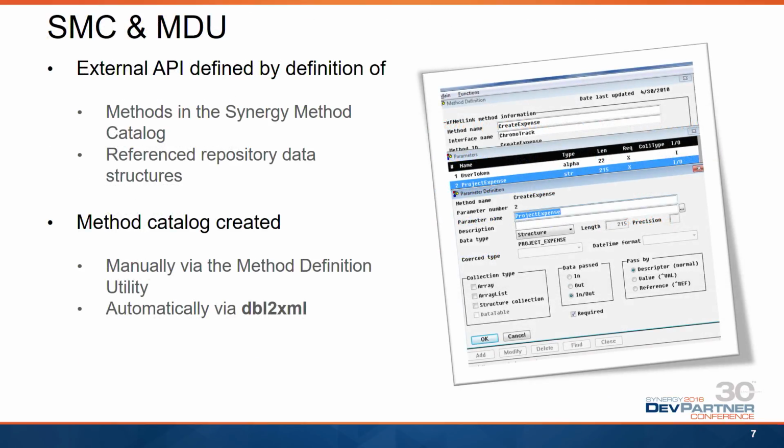xfServerPlus also used this thing called the Synergy method catalog that was maintained by a utility called the method definition utility, and that was basically just a collection of metadata that defined to the tools in the environment what is available. So you build your subroutines, you put them in an ELB or a shared image if your server is VMS, and you then had to define those methods in this method catalog in order to declare that they are